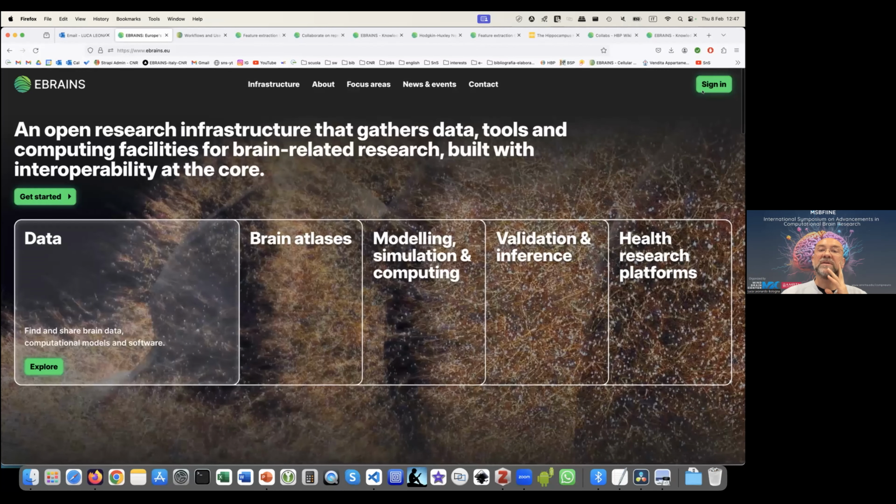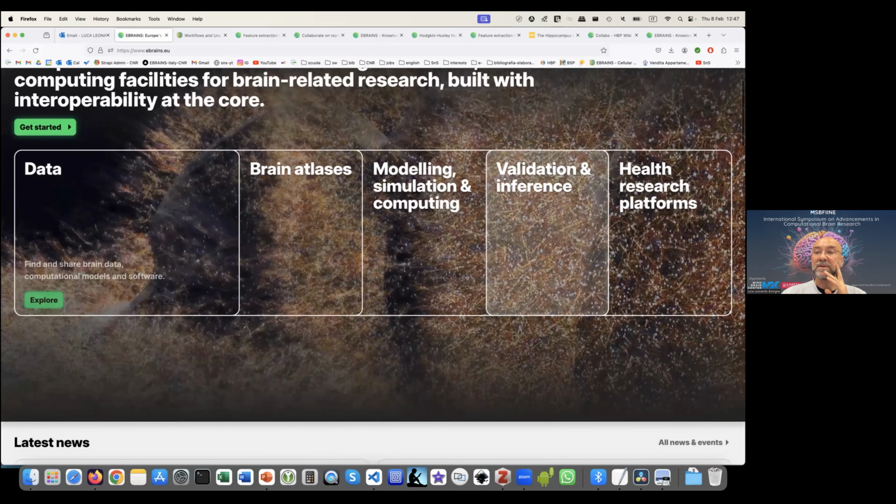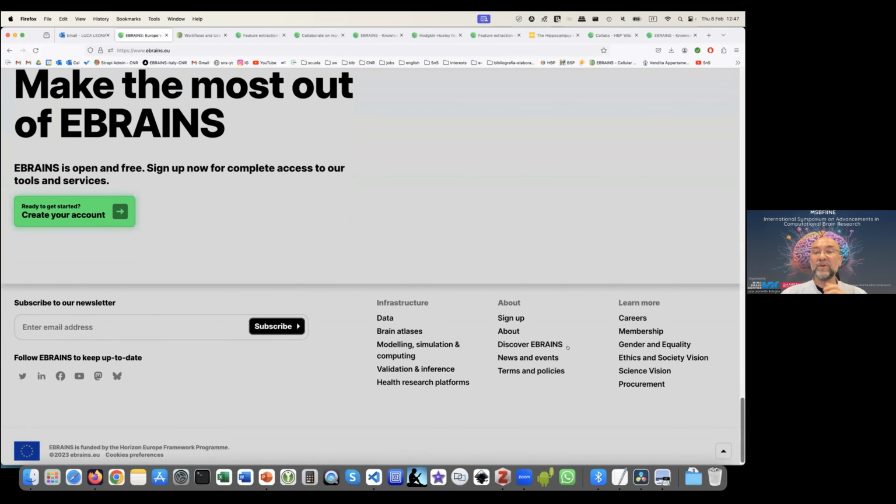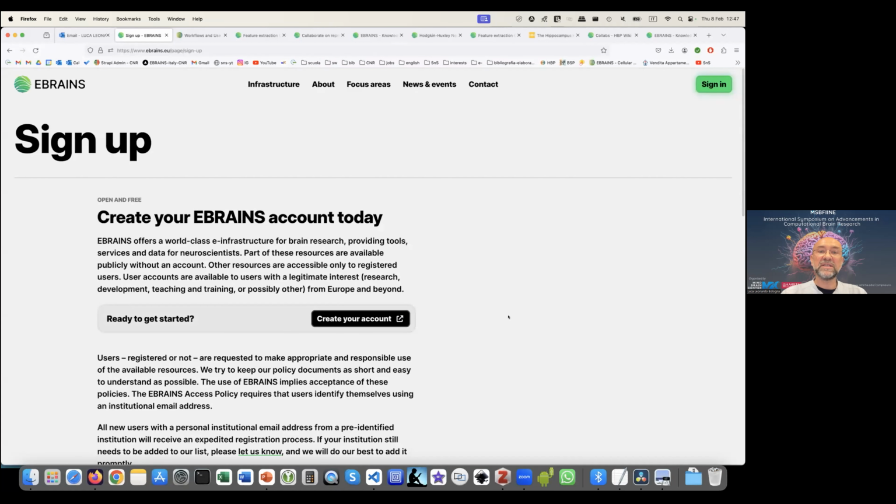Okay, here you have the sign in, which is where you might want to enter the entire platform. But if you go down here, you have this link, sign up. The only thing that you need is an institutional email address, which means a university email address, for example. You go here, you create an account with your email address, and you're done. So you don't need anything else in order to use our tools. So once you have this, you can go back to